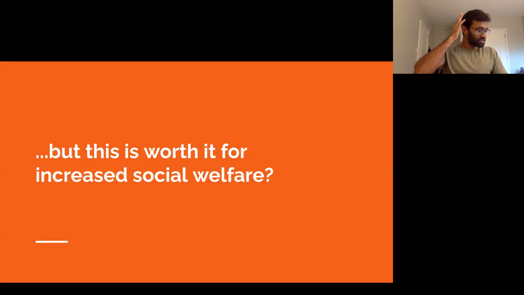And this gets to the main argument in favor of algorithmic decision making. Basically, the counter argument to the point I just made about individual level concerns is, yes, we might make mistakes on individuals, but because we are using more accurate decision making, because these algorithms are in some way more accurate than the human decision makers they were replacing, somehow this has to be good for social welfare. So that's the argument. We trade off these individual level issues and the likelihood of individuals getting locked out of the market against this increased social welfare and better aggregate decision making.